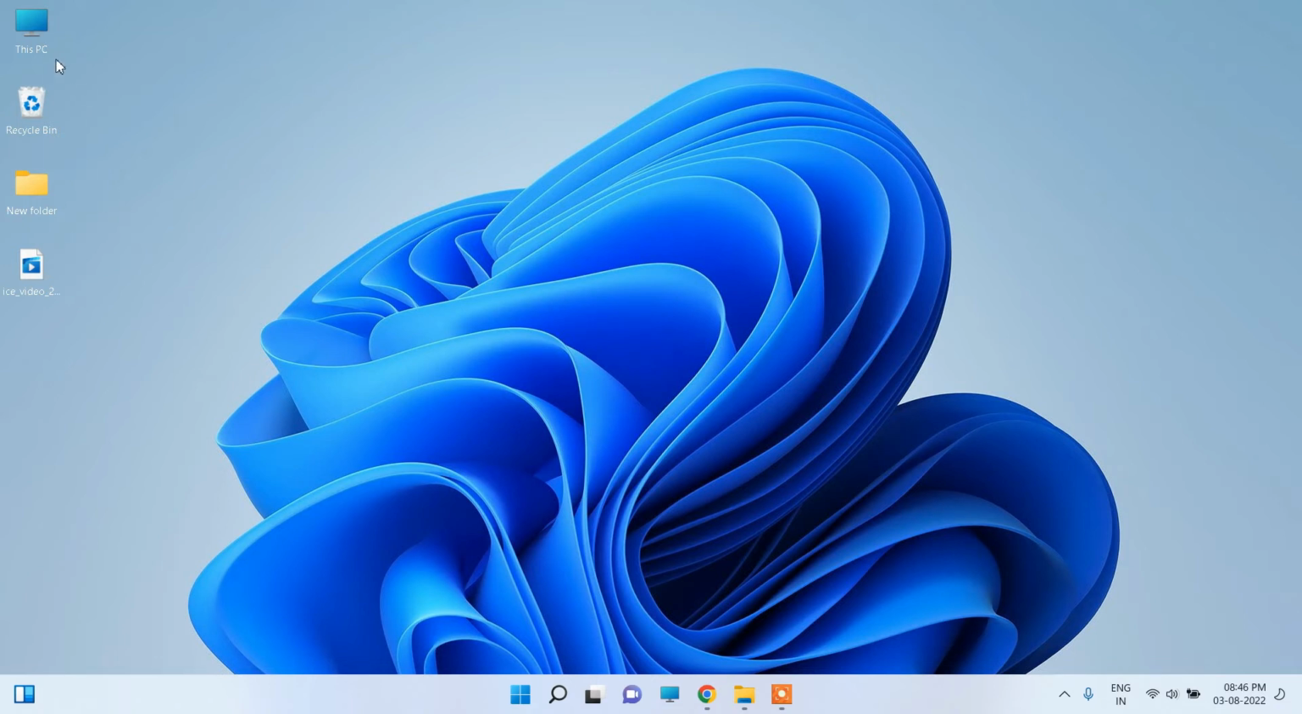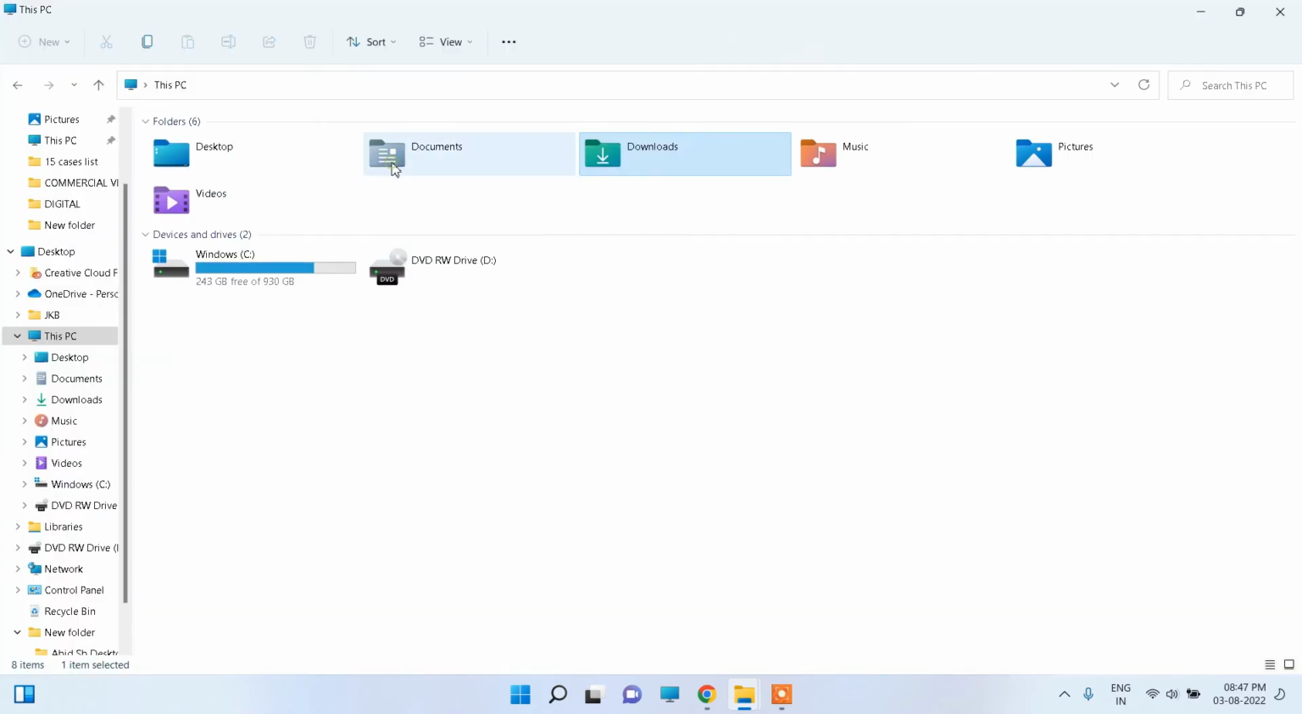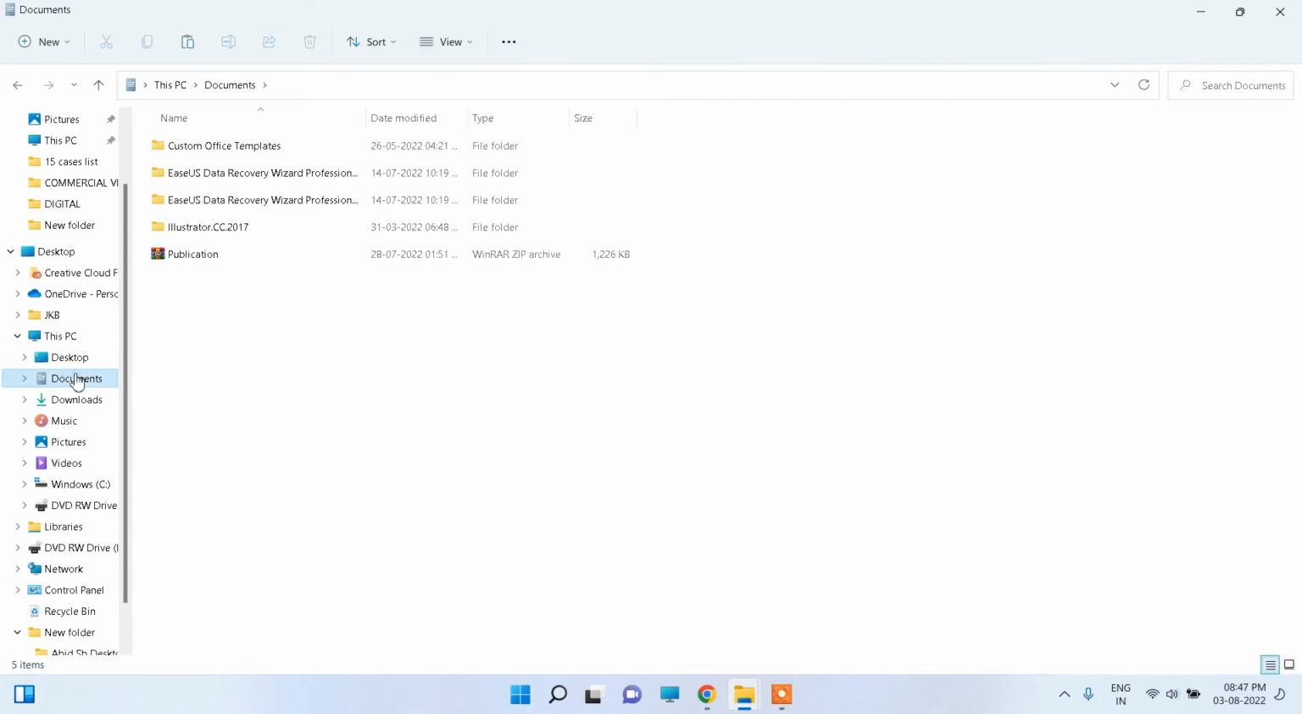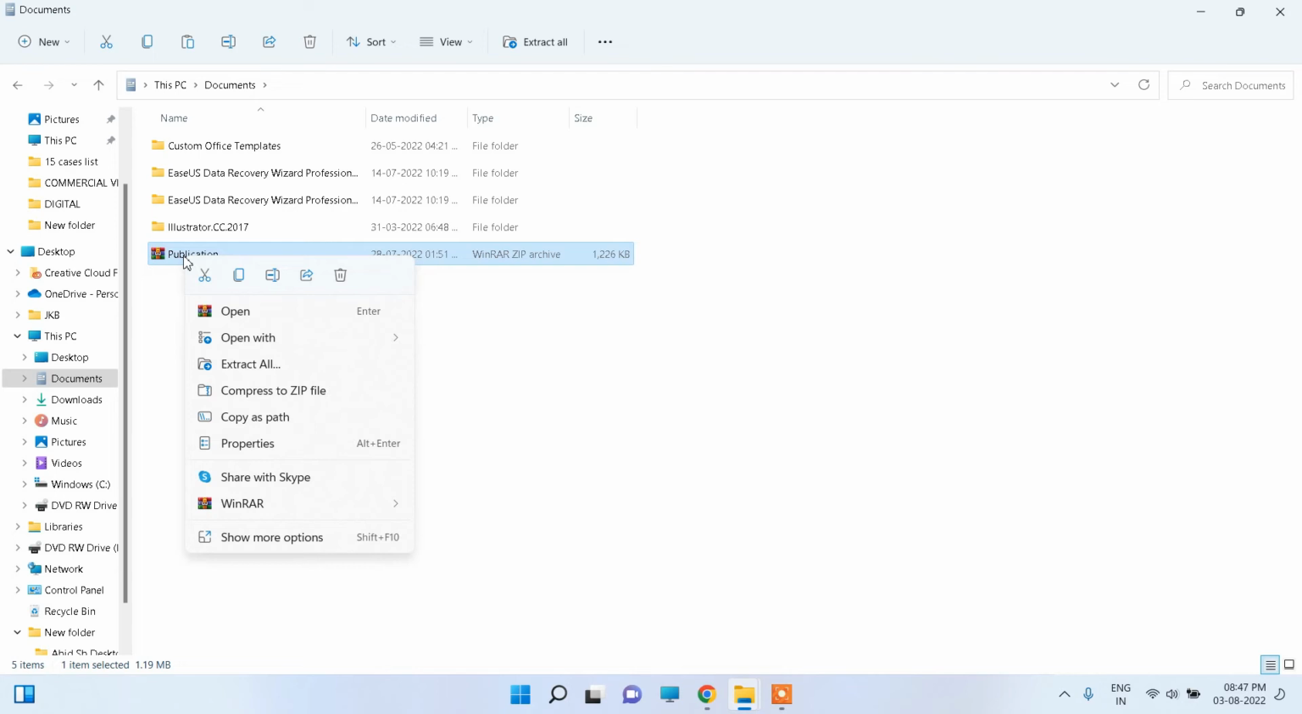Now you can use this WinRAR for compressing any file or folder or extracting file or folder. For example, let us see here we have here a file, WinRAR file, compressed file. Here you can see this file is a compressed file. Let me extract it by right clicking on it, and here you can see extract all. Click on it